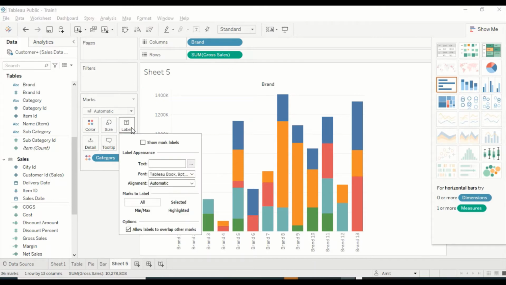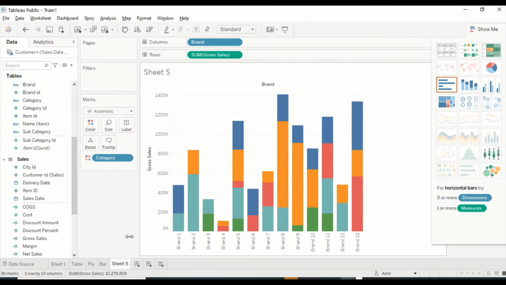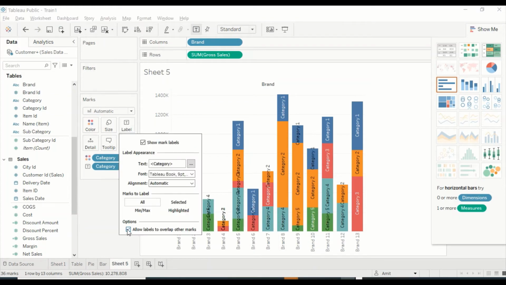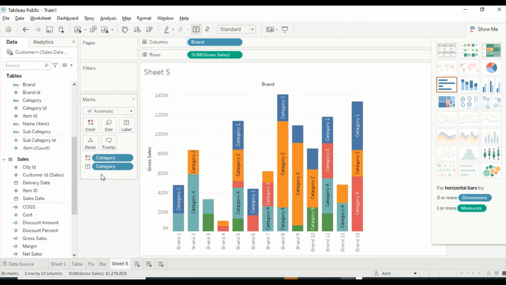Now right now, let's see, there is nothing in the label. So let's start dragging. Let's say we drag categories out here in the label, and you can start seeing the categories. Now the challenge here, a little bit of a challenge, would be that if these are too big, then they will not be showing. It needs a certain kind of size, and we can say this overlapping then, but it's not going to look much better.